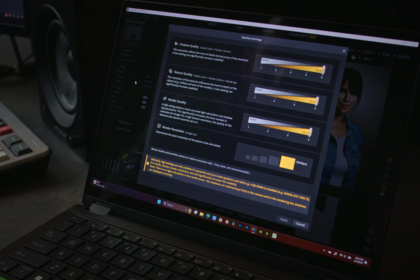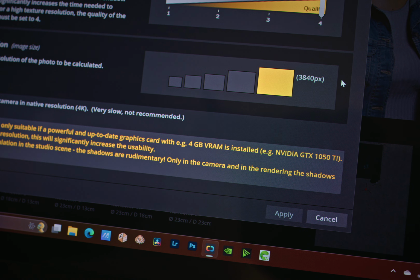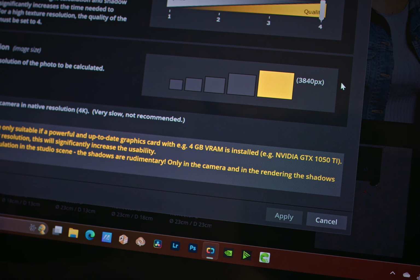And you can even see when you go in to change the settings that it recommends NVIDIA graphics. Granted, it's an older TI model, but nonetheless, it's showing you, hey, you definitely want at least 4 gigs of